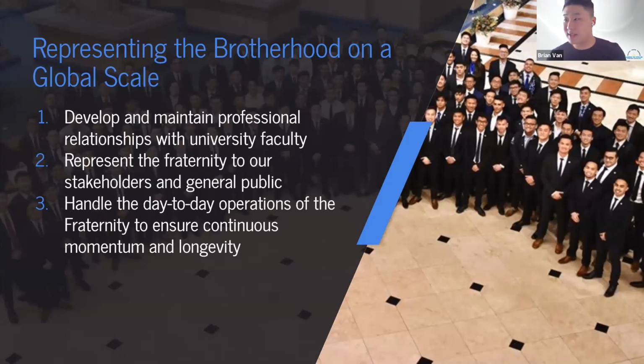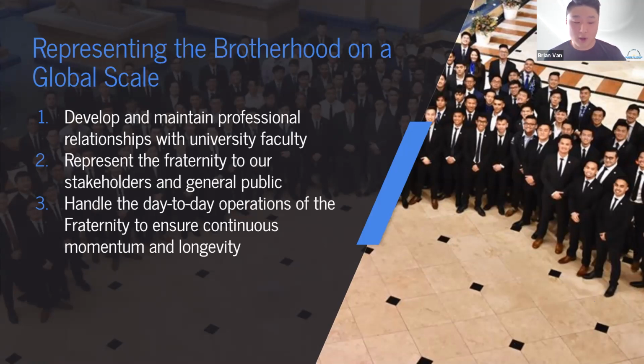And two, we represent the fraternity to our stakeholders and the general public. Ideally, the international board serves as a general voice of the fraternity. There's a reason why international board members represent the fraternity at conferences such as ICASU, the East Coast Asian American Student Union, as well as things like AFA, the Association of Fraternity Sorority Advisors, and AFLD, the Association of Fraternal Leadership and Values. At these events, we constantly have attendance because we want to advocate for our fraternity's direction, where we stand right now, and our presence.